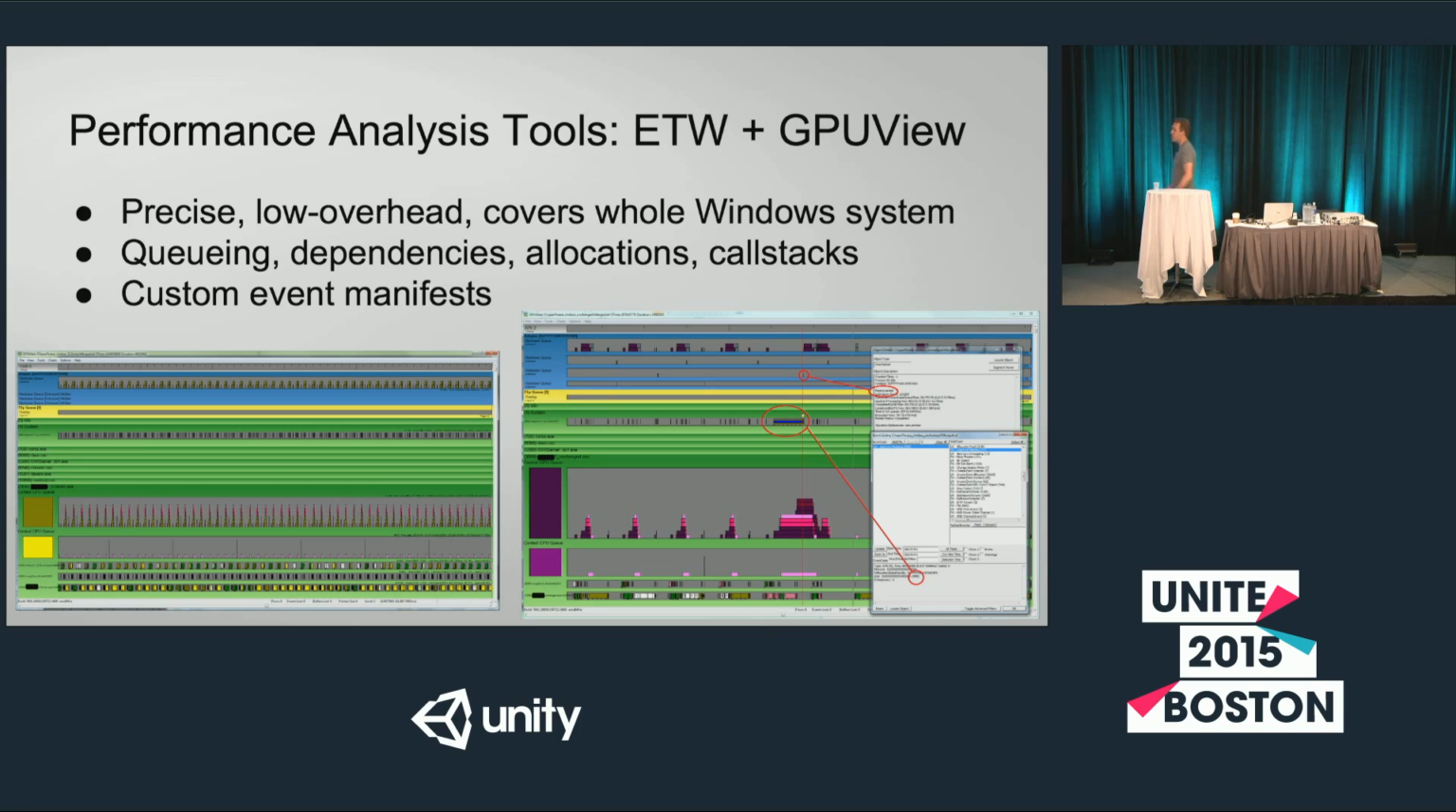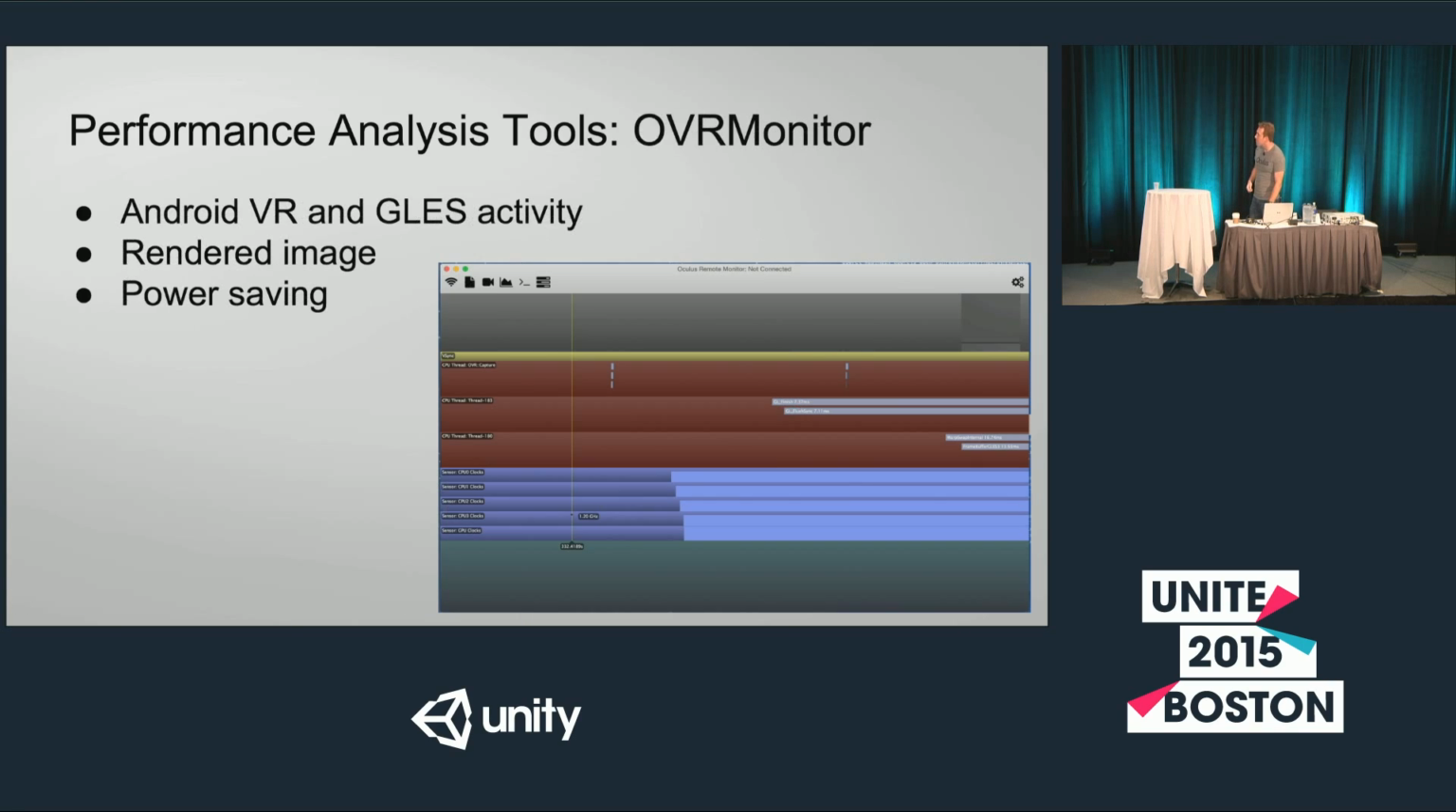I would really recommend familiarizing yourself with GPU view. It has informal but really good documentation. If you just dig in, just Google it. It comes with the Windows 8.1 SDK. And if you're on Android, unfortunately that's not one of the tools, but we have